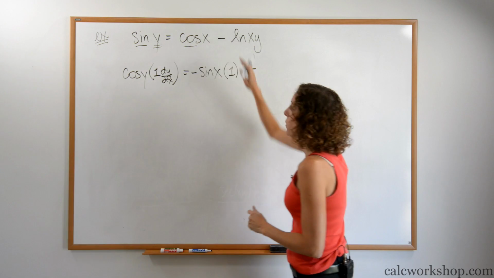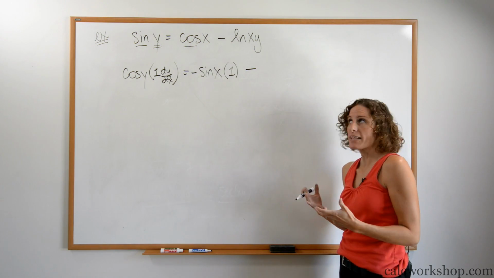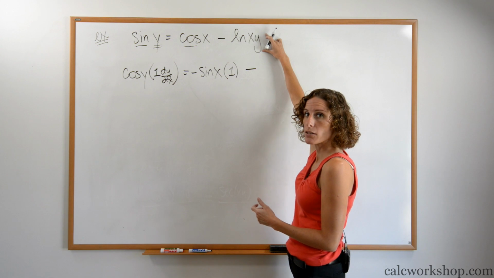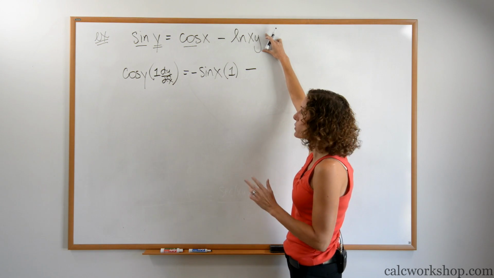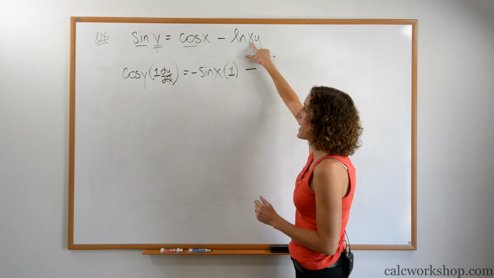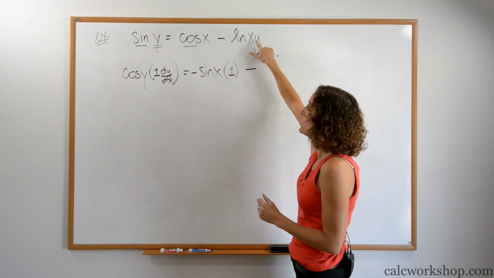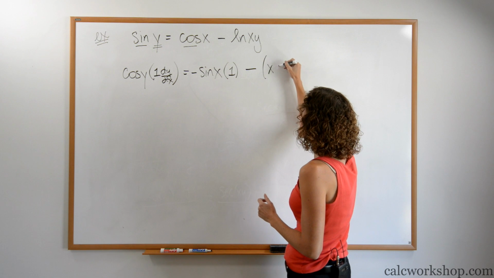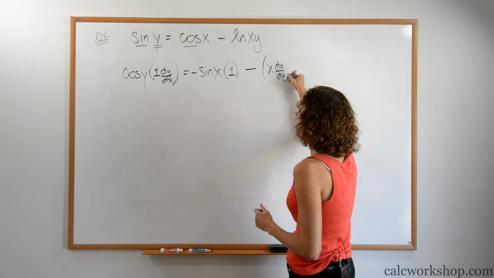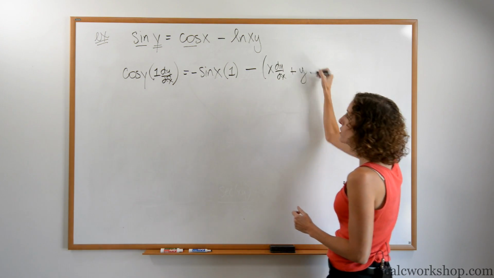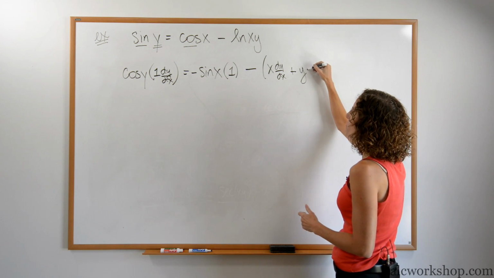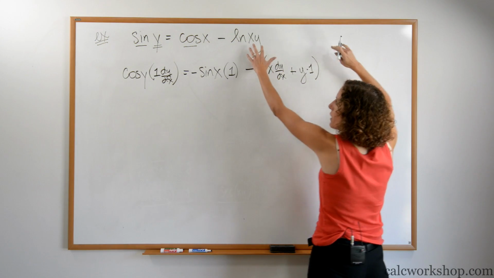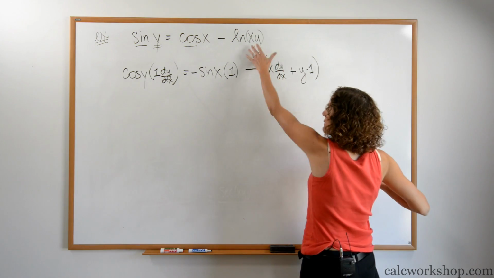Minus. Well, we've got an ln. ln says we focus in on the function right here, xy. Ooh, it's a product, which means I'm going to have to remember that the x is first, the y is second. So it's the first x times the derivative of the second, dy/dx, plus the second y times the derivative of the first, which is 1. There is the product of xy.